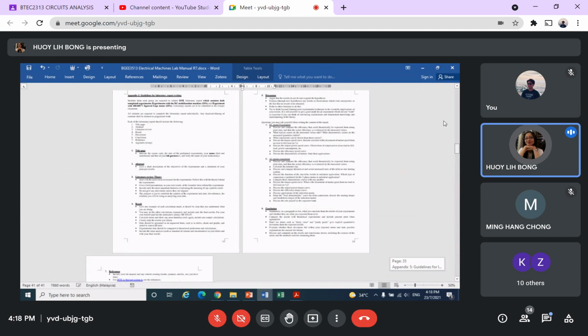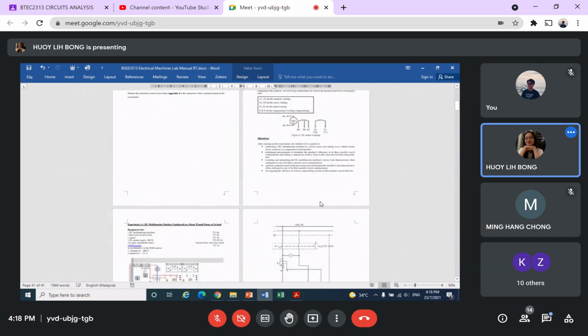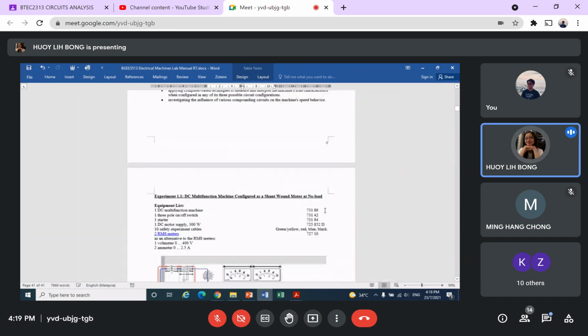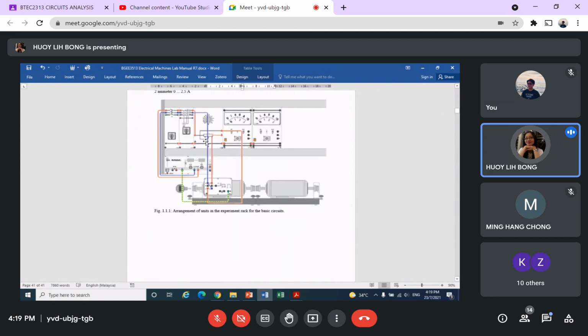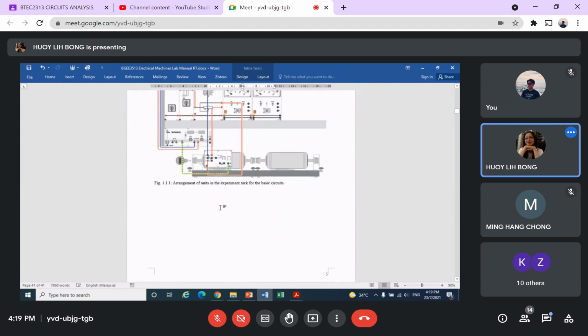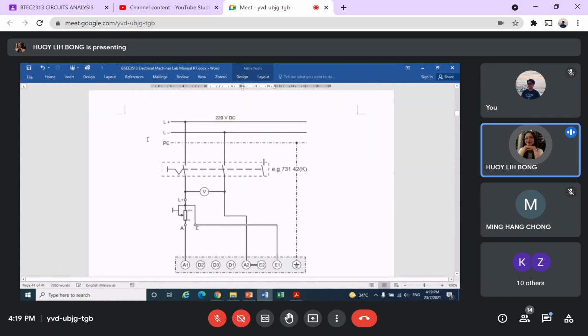The first experiment is the shunt motor. The connection: this diagram is the actual figure of the connection. We are not using this, this is just for illustration. The circuit diagram we use for the actual connection is this. We follow this. How to read the diagram: from the source, you have the plus, go in here,